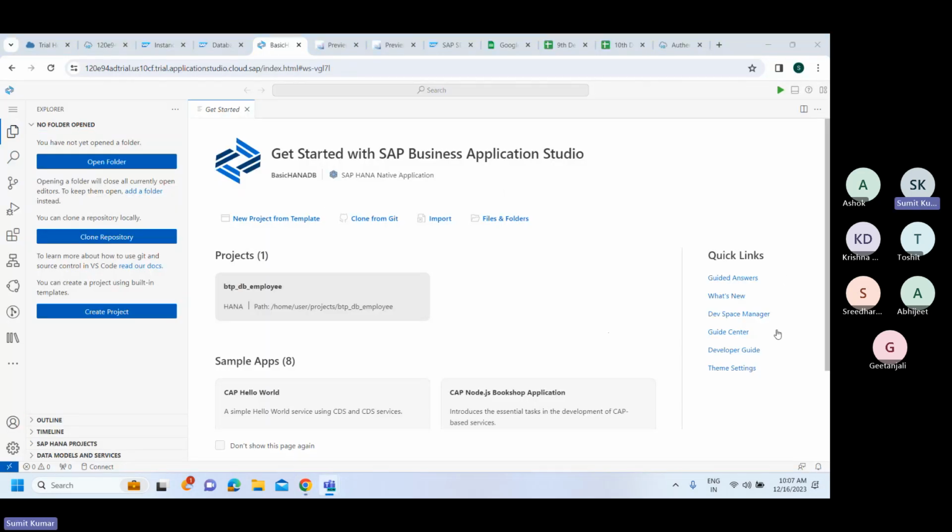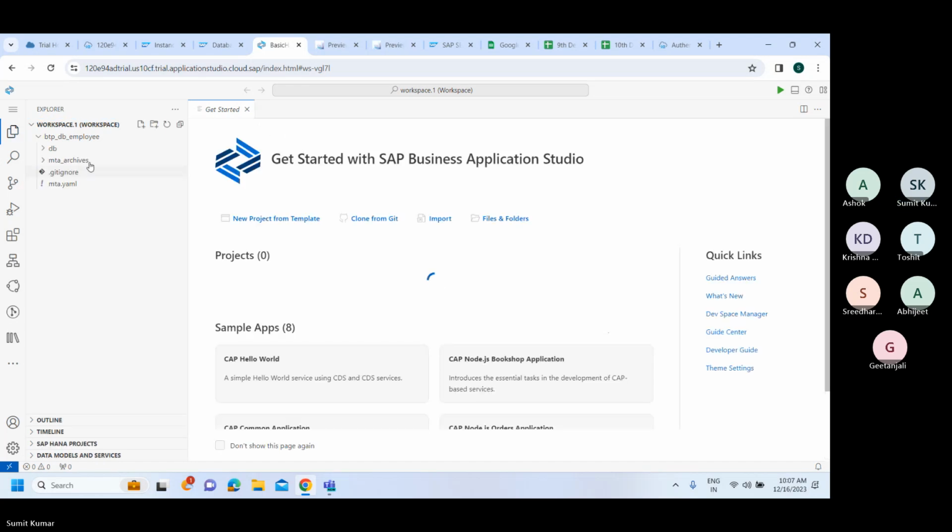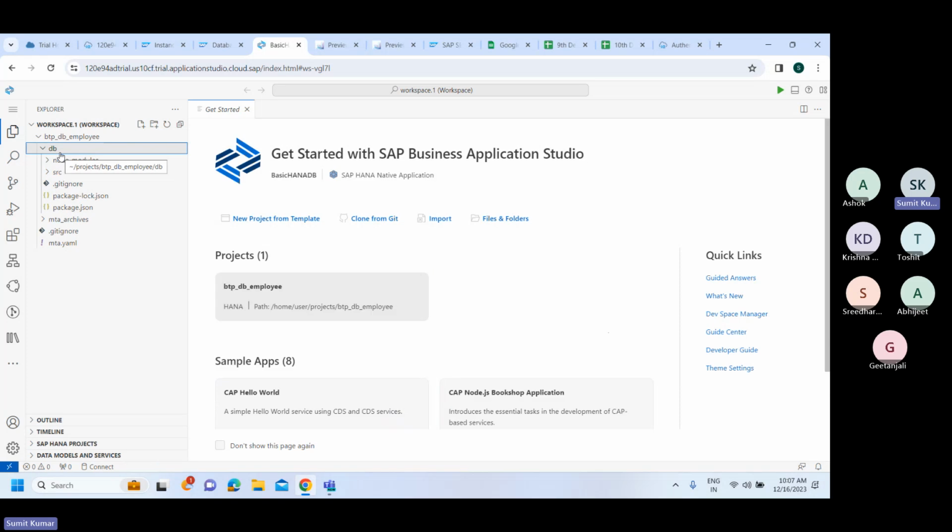Okay, so I'll just simply go ahead and open this project. This is what we had created earlier, right? So what we did, we created a new project from template. We chose a SAP HANA DB, and here, if you visualize it clearly, then what you would be seeing is